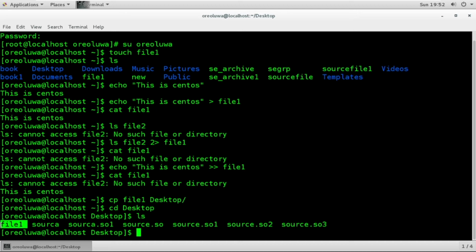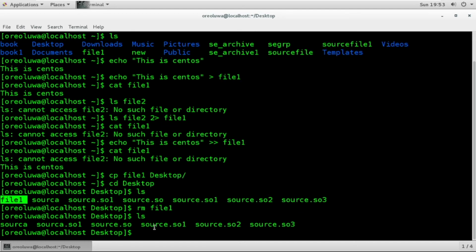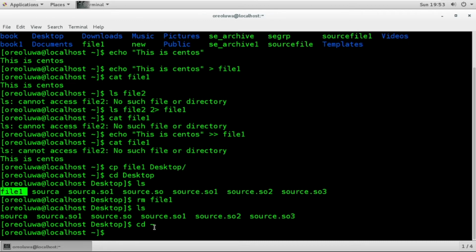Now, to remove this file or to delete this file, we do an rm, which is remove. So we remove file 1 and press enter, and then we do an ls to list all the files in that directory, and we see that file 1 is no longer in this directory. If we go back to our home directory by specifying the tilde sign,